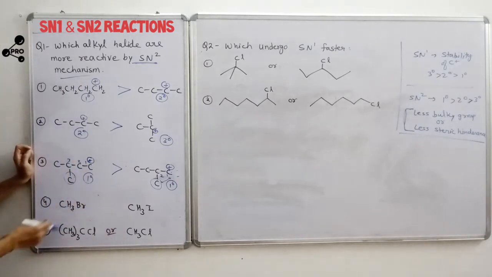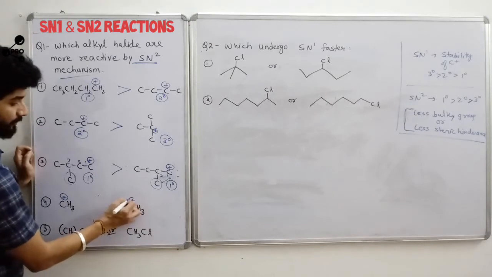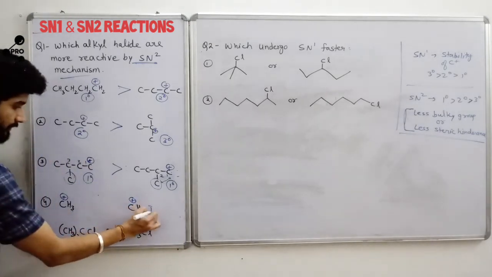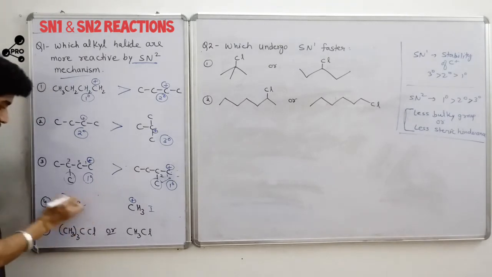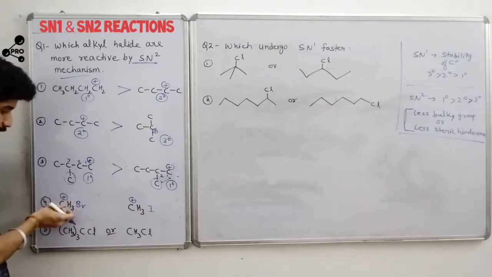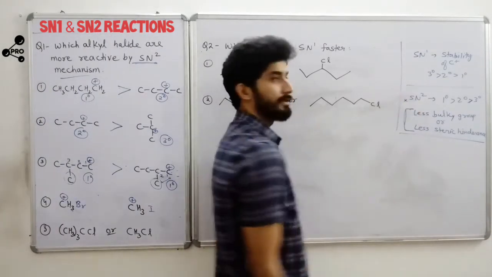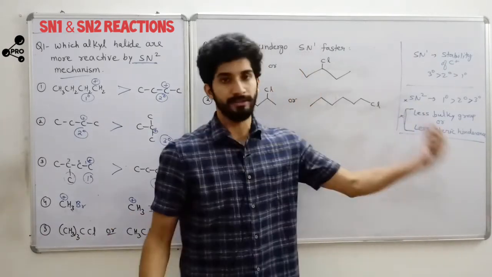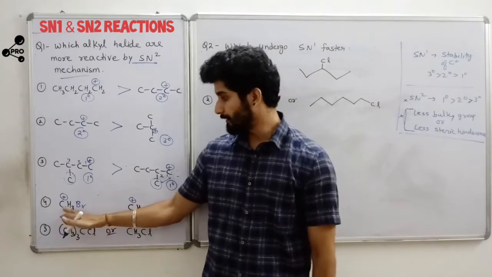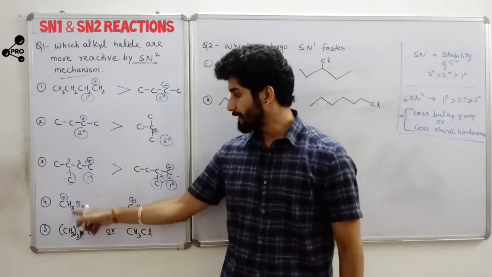Alright, in this case CH3Br, so Br will be removed and we get a methyl carbocation. Similarly, iodine will be removed and we get a methyl carbocation. Here both are methyl groups, so you cannot apply this concept, because there is no 1 degree or 2 degree, and there are no other groups except H. There are 3 hydrogens in each. So what we'll do is look at the halide part.